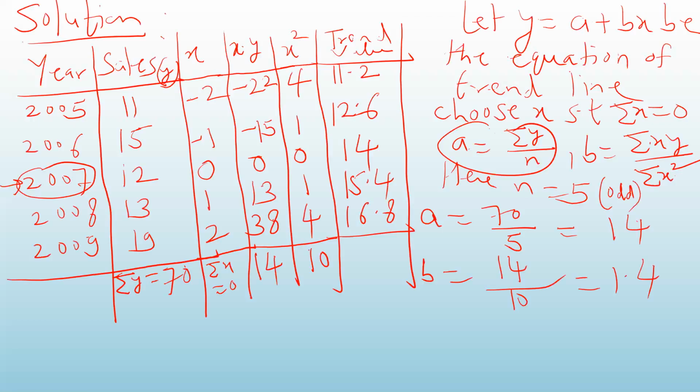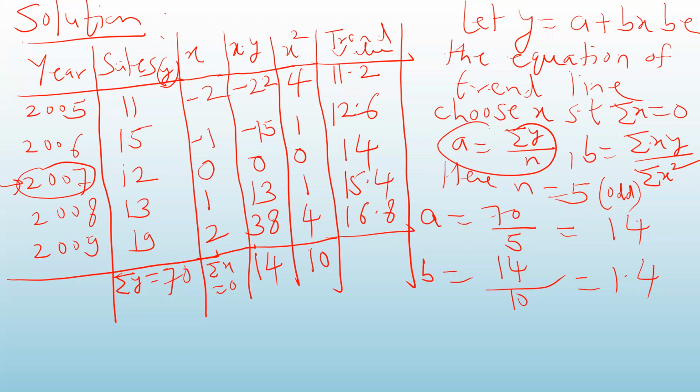Okay. अगर आपको 2011 के लिए पूछा है, 9 के लिए 2 है, 10 के लिए x का वैल्यू 3 और 11 के लिए 4 होगा. So once you have got the equation of the trend line, you can find out the trend value for any year. So what we did today, let us revise quickly.